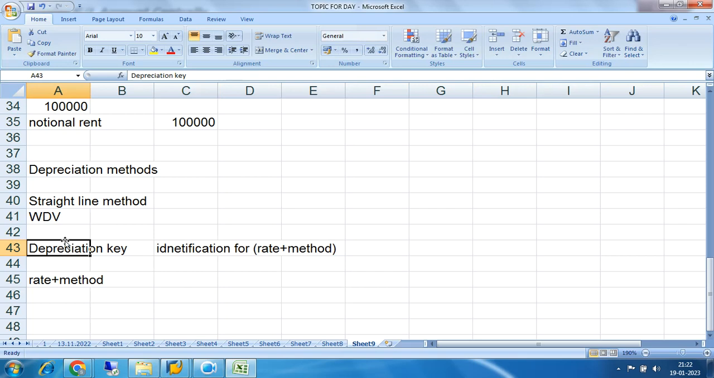Nowadays in India, instead of the straight line method and rates, we are following the life. We are depending on the life of the asset. But for income tax also, we have to create a key, a depreciation key. For straight line also we will create a depreciation key, but the life will say how much depreciation is there for every year. But as per the income tax, we have to find a method as well as we have to